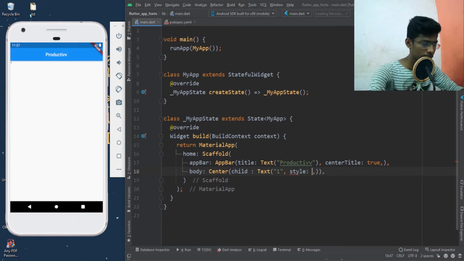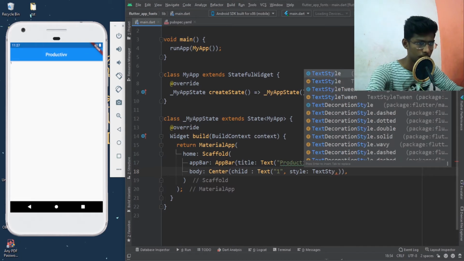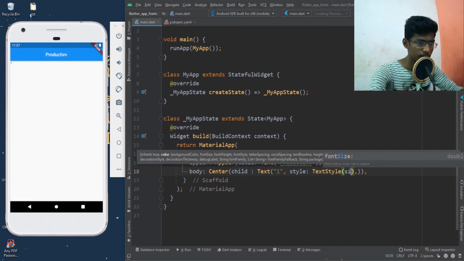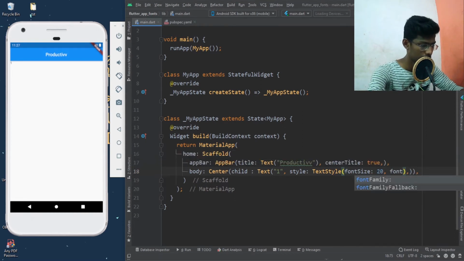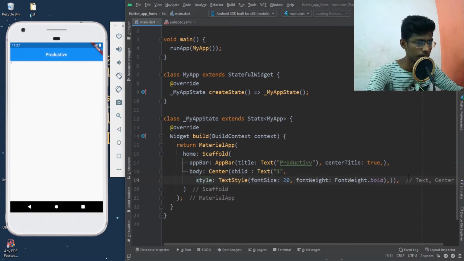I'll also give the text some styles. Style, text style, and inside it I'll set font size 20 and font weight bold. Now let's see how it looks. Great, I'll save this. The font size is 20, so I think I can increase it to 40. Yeah, this looks better. So instead of a single text, I need to create a variable and pass that variable